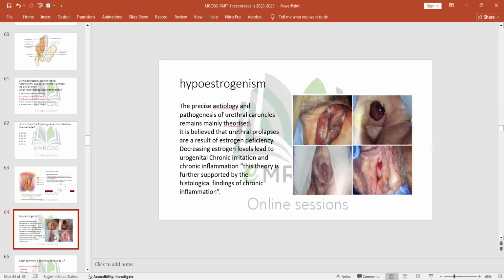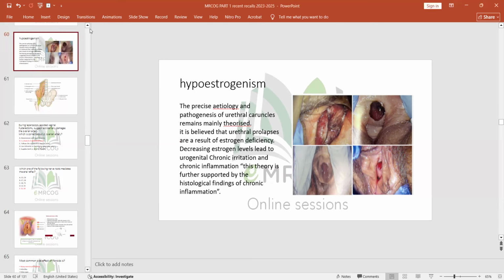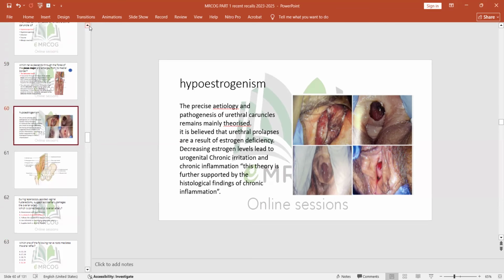Okay, this is the caruncle. This is how the caruncle appears. In case it appears in the exam, this is mainly a benign condition. We are only going to suspect that something is really malignant when it's fungating or easily bleeding, or it's getting bigger and bigger with time. Otherwise, it is because of estrogen deficiency, and we treat it with local estrogen, whether gel or cream.